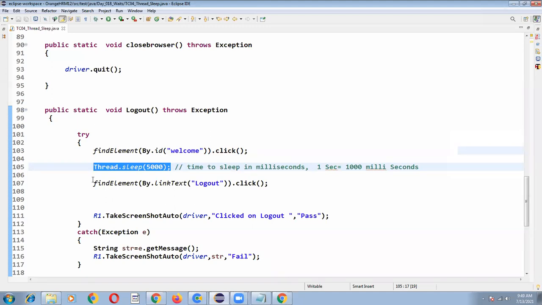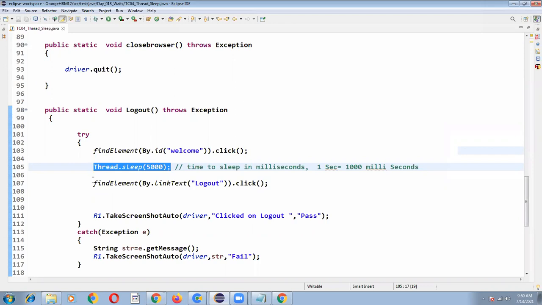Because the driver, by using implicit wait, can automatically manage up to 10 seconds. So is it really required to write Thread.sleep on every web element? It is also not good practice, because sometimes if the web element is loading in 3 seconds, unnecessarily it has to wait 2 more seconds. So we are wasting execution time. Sometimes if the web element loads in 6 seconds, then your Thread.sleep is a waste.